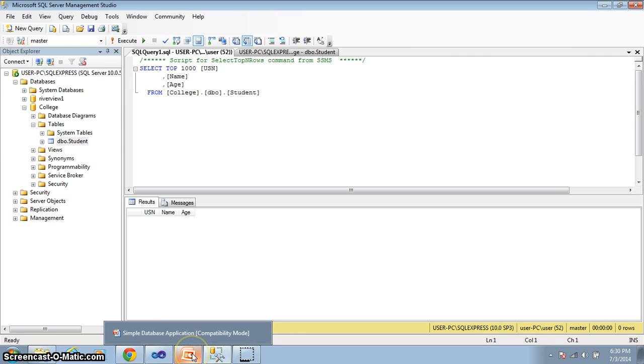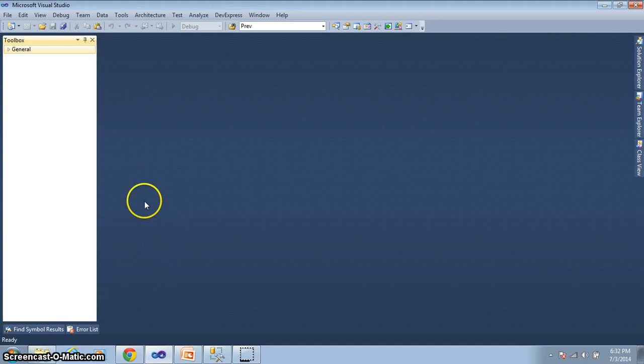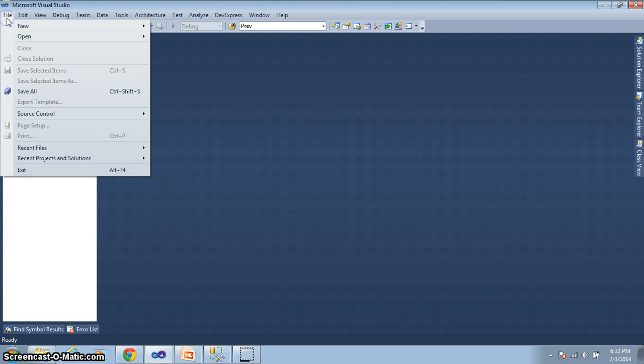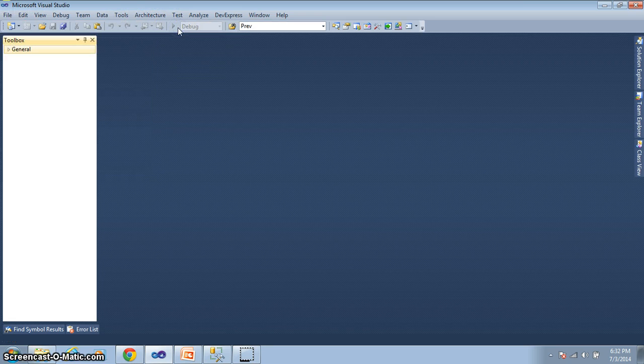Next is the Windows Forms application. That demo I'll give. So step 2 is to create a Windows Forms application. Let's create it through File, New, Project.